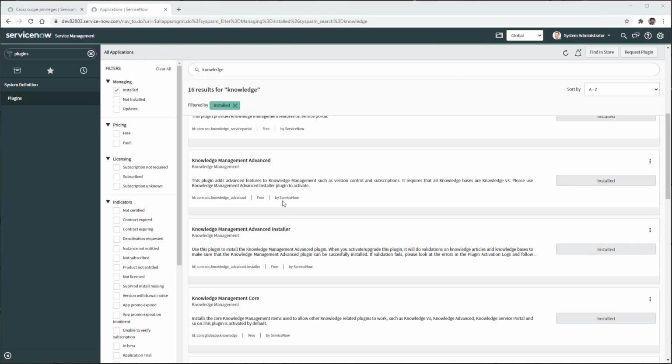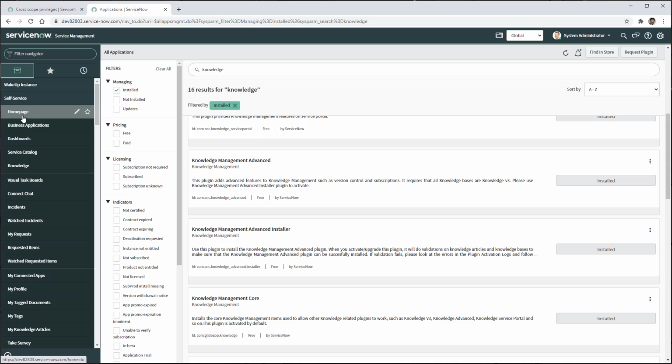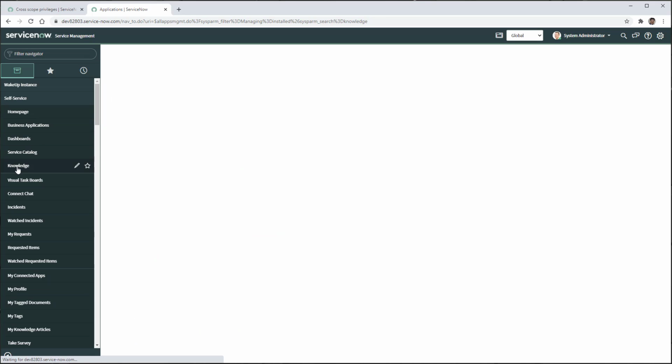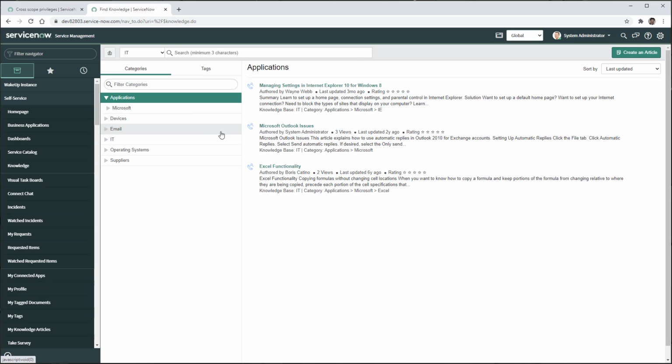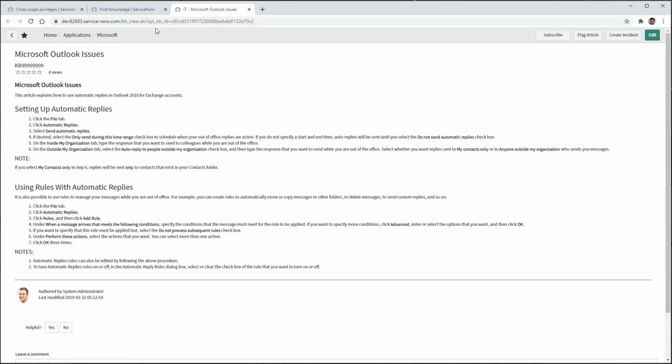The last thing I want to show you is that when you have installed this plugin for Knowledge Management Advanced Installer, the URLs for the knowledge articles change. So you can see here these plugins are installed. If I head back to knowledge, then open the same Microsoft Outlook Issues Knowledge article in a new tab, you see the difference, right? So now we have the sysid number using this prefix